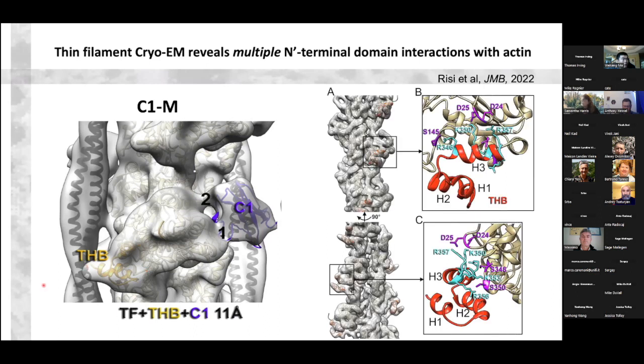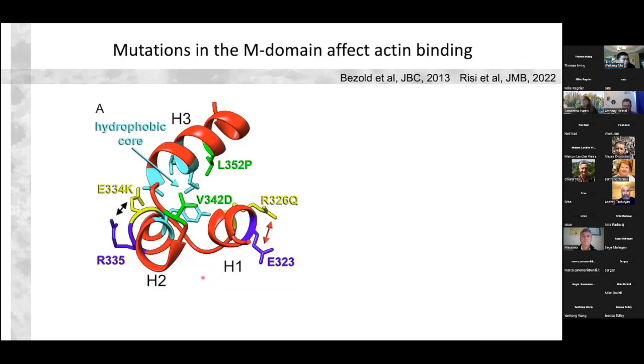So this is just showing you the trihelix bundle again. So it's 3 helices, 1, 2, and 3. And it's helix 3 that is shown here that actually interacts with the actin monomer. And this was an exciting result for us in my lab, because using functional methods, we had found in 2013 that helix 3 looked like it was the predominant binding site for actin. And so this was very confirmatory, and very rewarding to see this play out structurally.